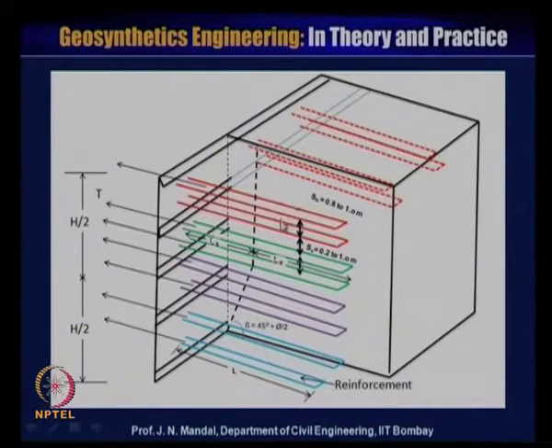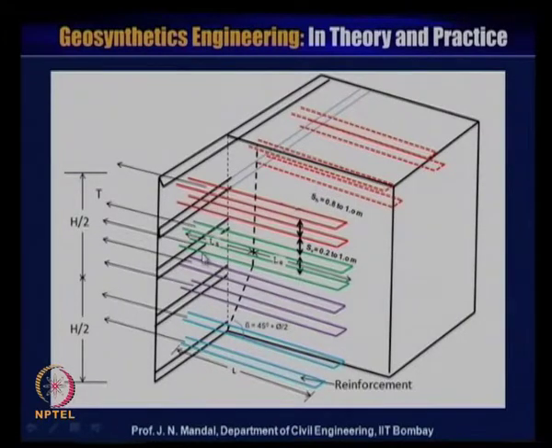Here also, same as in the case of the metallic reinforcement, you can see the bilinear type of failure surface, and the vertical spacing lies between 0.2 meter to 1 meter. You can change that vertical spacing, and you can also change the horizontal spacing, which lies between 0.8 to 1 meter. So, you can change the spacing, optimize it and design accordingly.